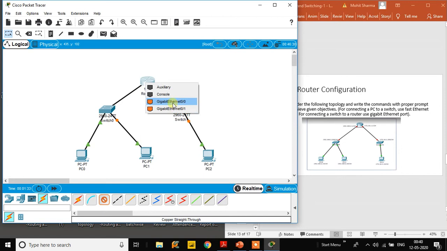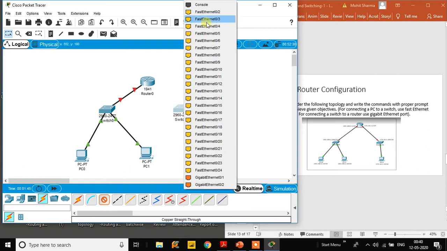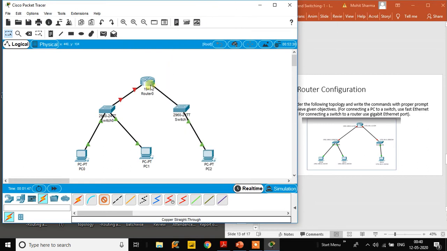The only thing is you have to be very careful while assigning the IP addresses. So gigabit Ethernet 0/0 I am taking on the left hand side. And again copper straight-through cable, this side will be choosing any fast Ethernet, and the other side gigabit Ethernet, whichever port is free, gigabit Ethernet 0/1. Now this is my G0/0 and this is my G0/1.